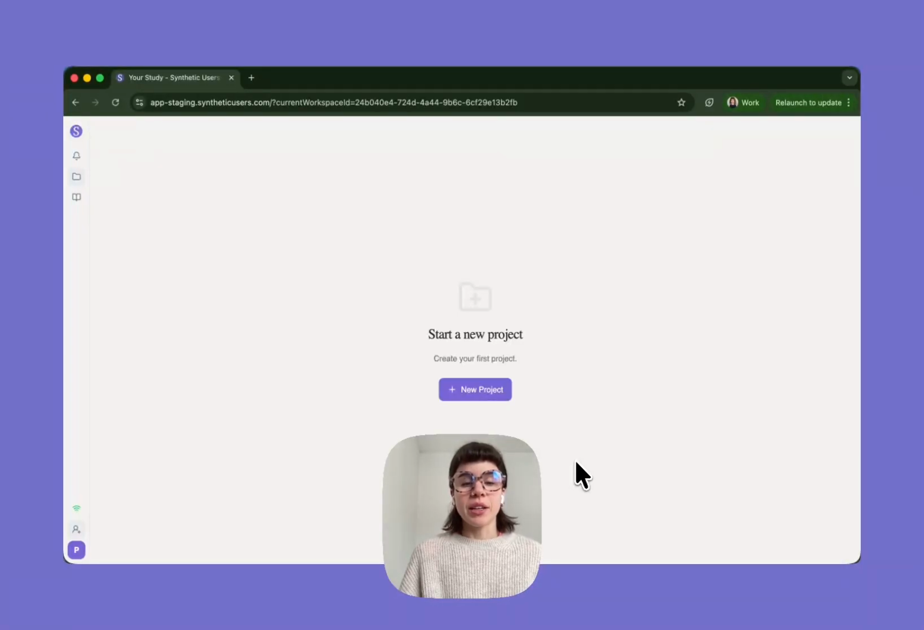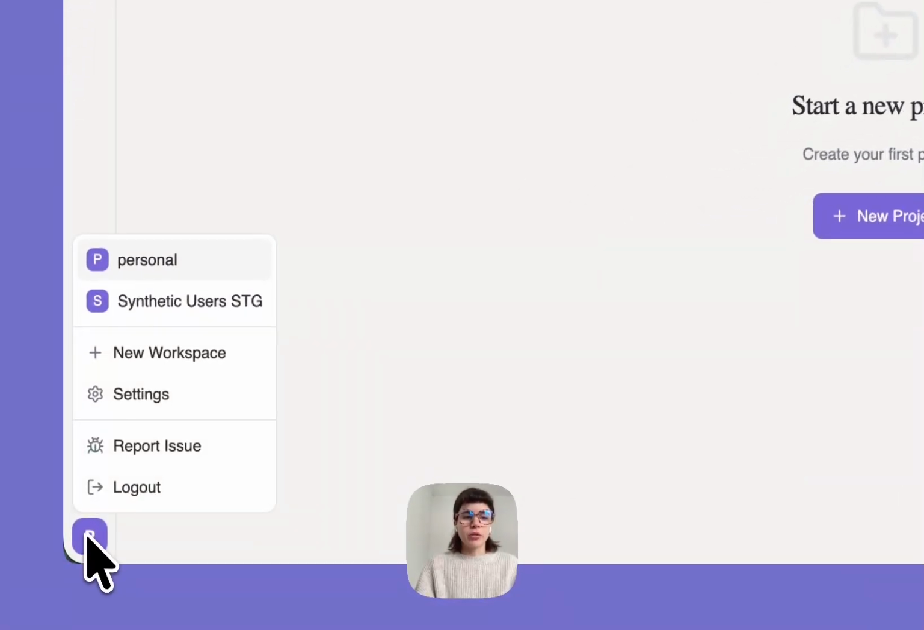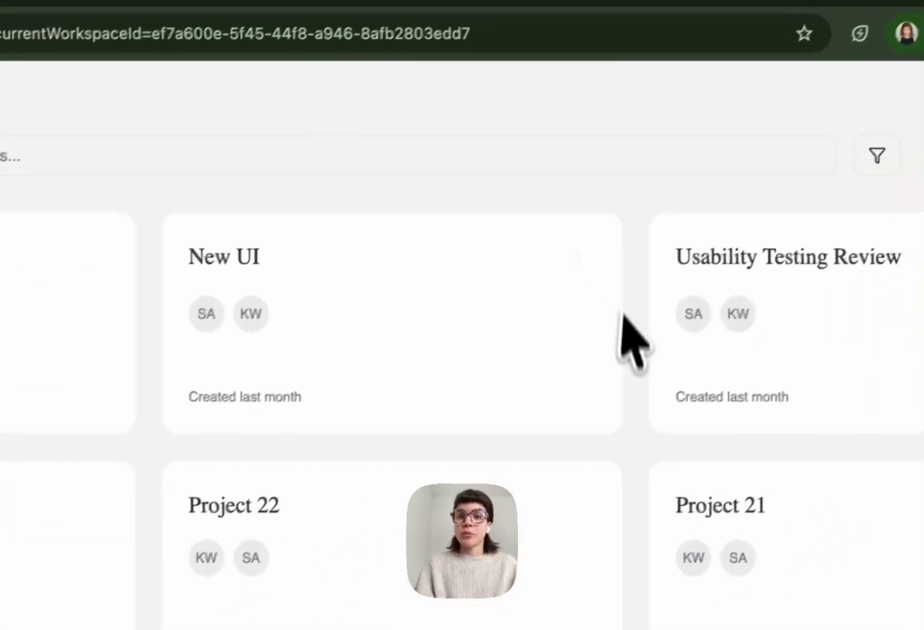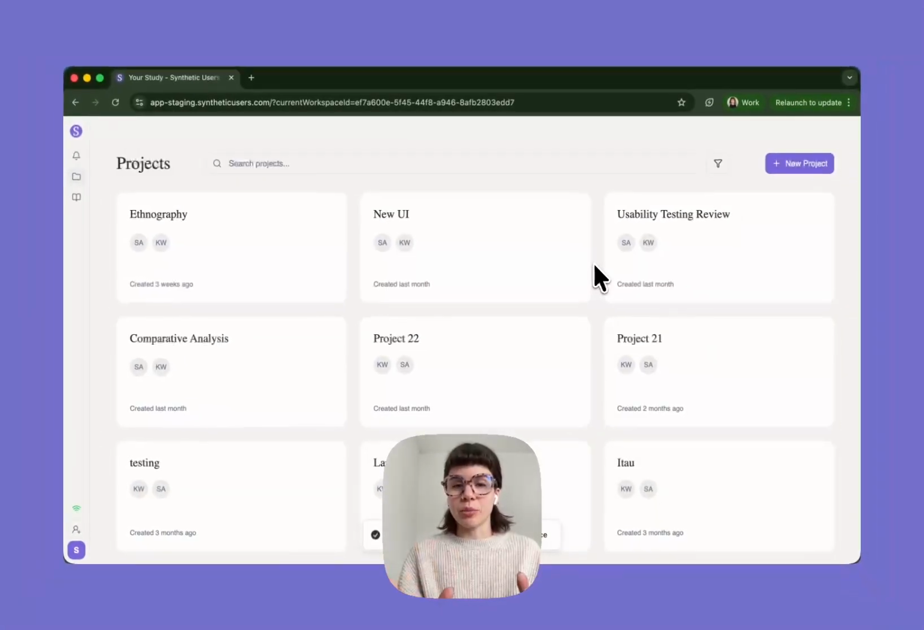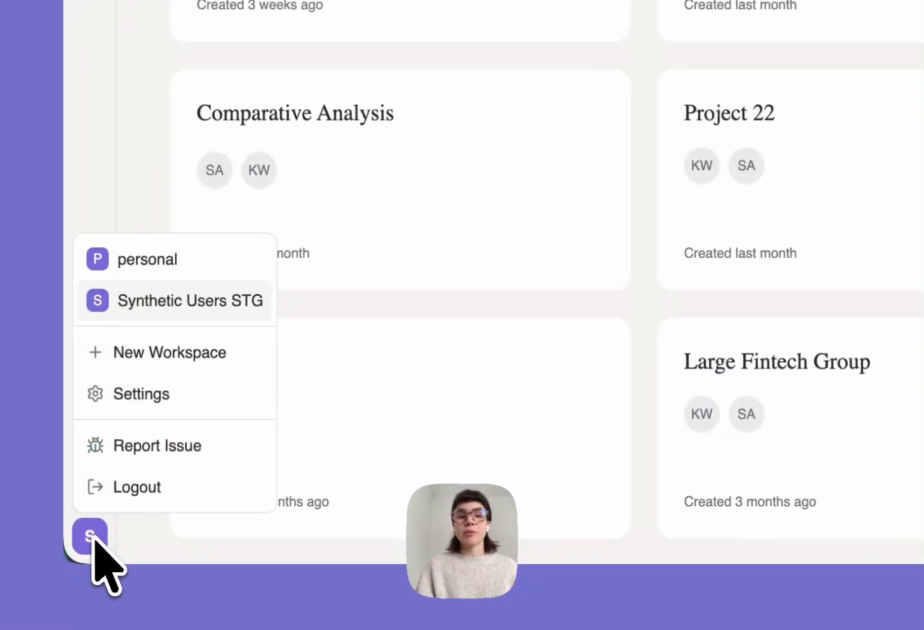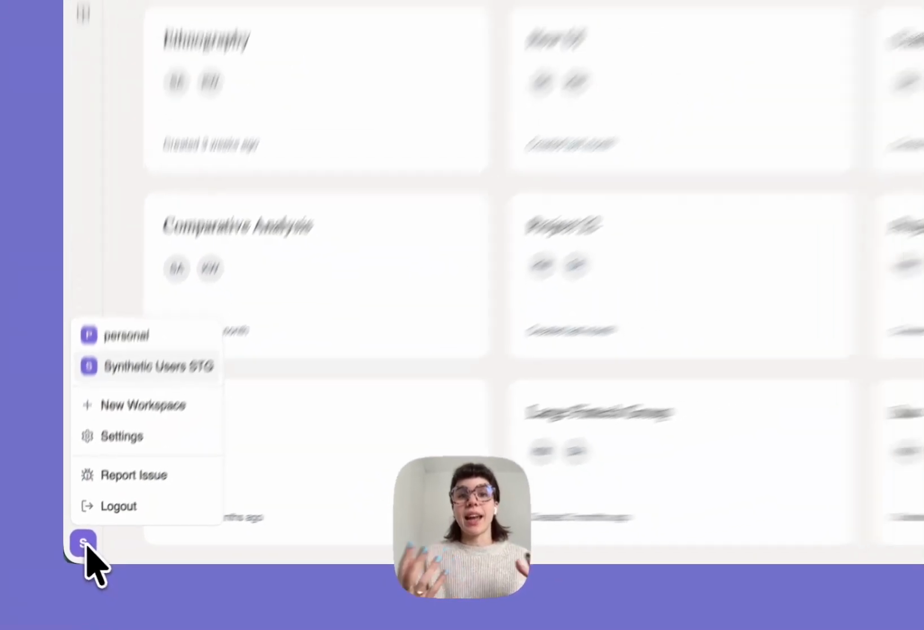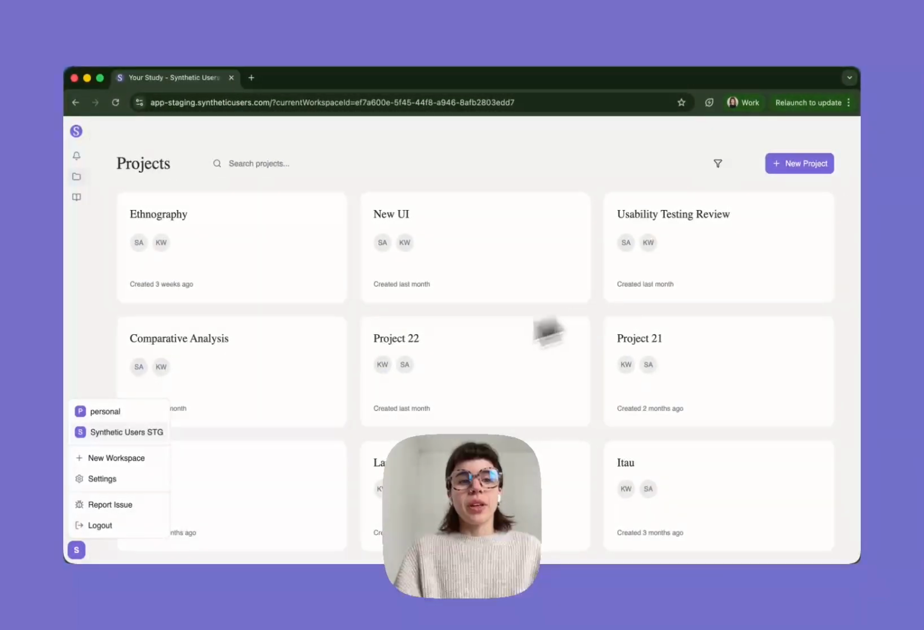Interface. If you are a new customer, welcome. Your workspace will look something like this. And if you've been here for a while, it will probably look something like this, where you already have some projects set up. And actually, I will use this to explain the difference between an inactive workspace and an active workspace. So once you have purchased a plan from Synthetic Users, your account will be activated and it is attached